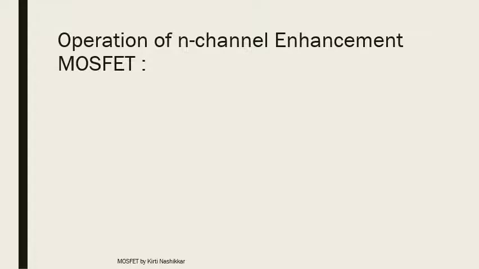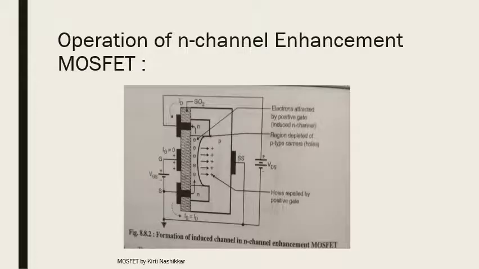So now let us see the operation of N-channel enhancement MOSFET. Again, the same circuit which I have explained in the earlier slide, the same is shown here with reference to the construction of N-channel enhancement MOSFET. So let us see what happens here. Now when VGS equals 0 volt, and positive voltage VDS is applied between drain and source, then due to the absence of the N-type channel, a zero drain current will result. This is totally different from what happens in the depletion type MOSFET, where ID equals IDSS when VGS was 0.